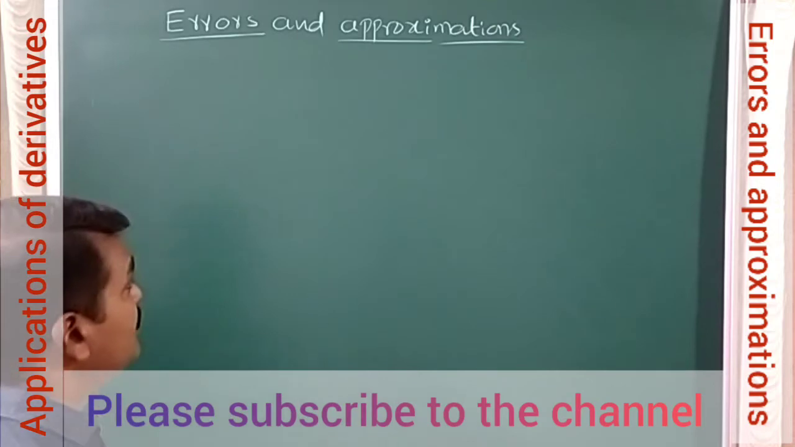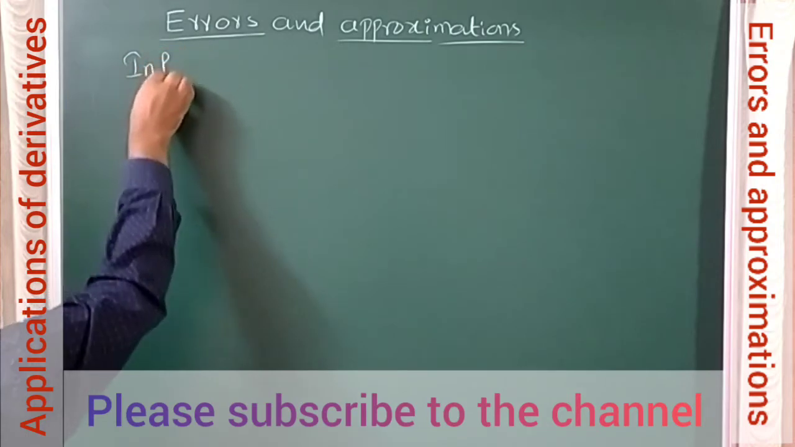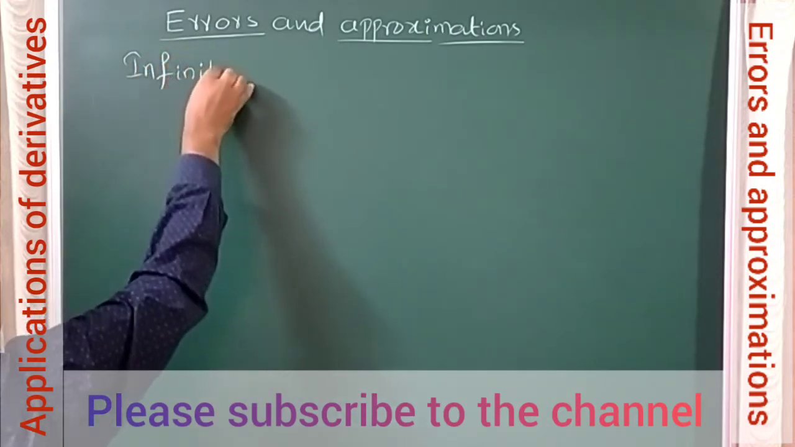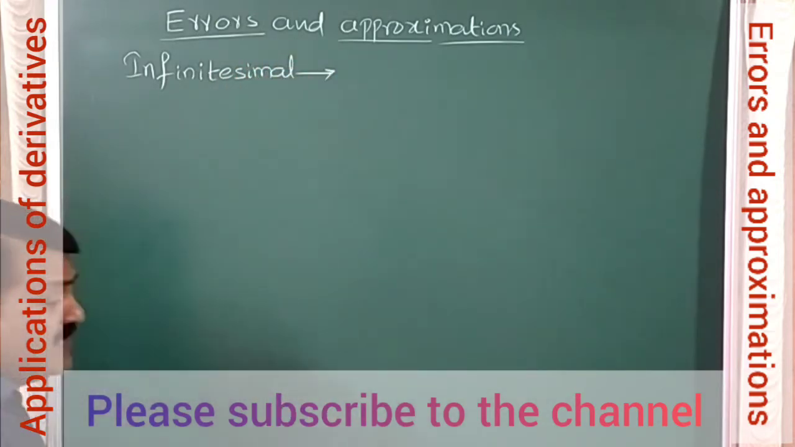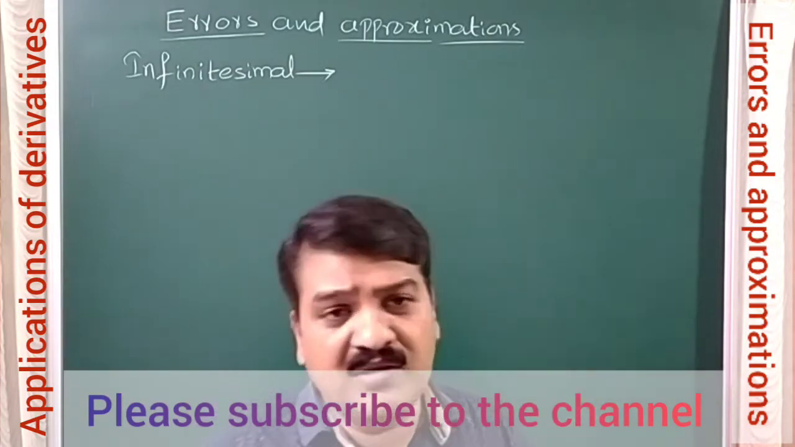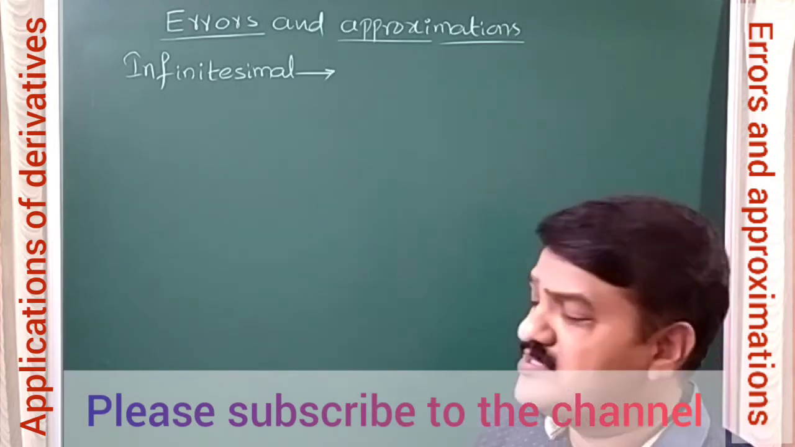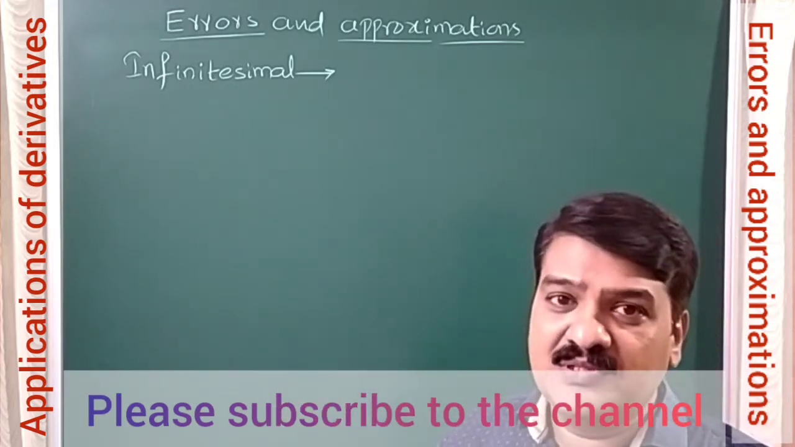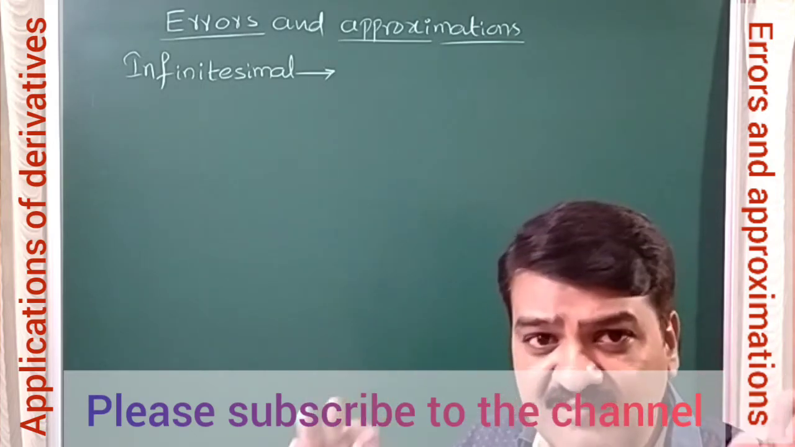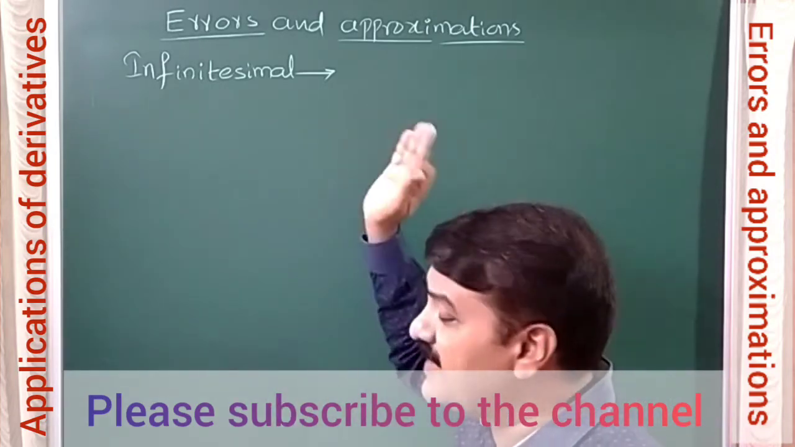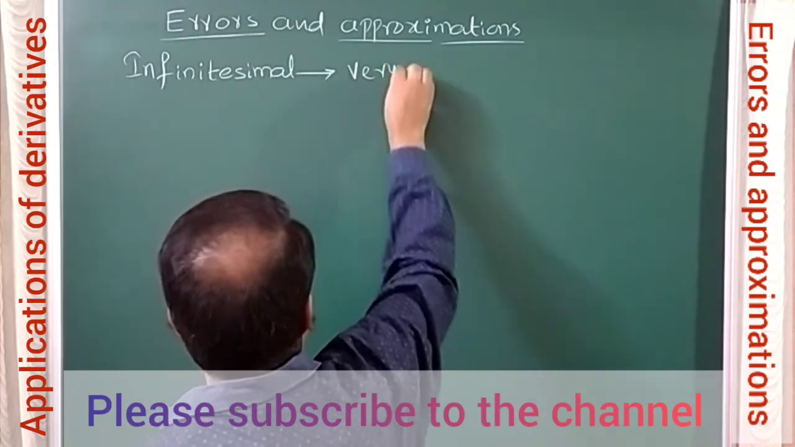in this chapter. First we will discuss infinitesimal. The meaning of infinitesimal is a very small value, almost approximately equal to zero. That is very small, nearly zero. Approximately zero but not exactly zero. Such a small value will be called infinitesimal. So infinitesimal is a very small value